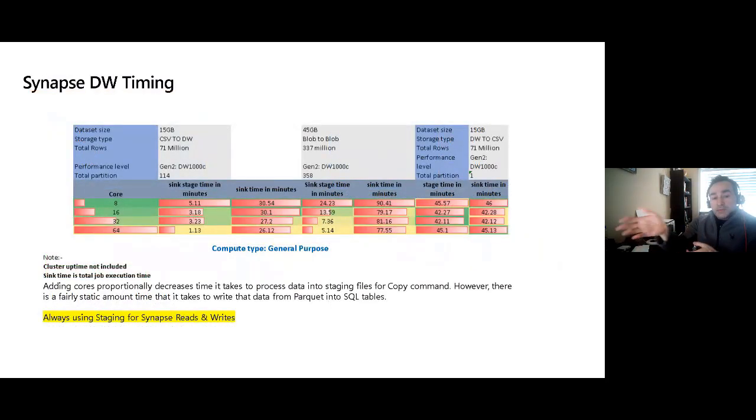I do want to raise up SQL DW, or what's now known as Synapse SQL Pools, just because we are in database land here, so I don't want to completely ignore this. I think it's important to call out a few things if you're also using the data warehouse model, because with SQL Pools, it's a little bit different. You will see the sink timing in minutes does not decrease proportionally with the number of cores that you add. And a big reason for that is because we are using the copy command. We're no longer using PolyBase